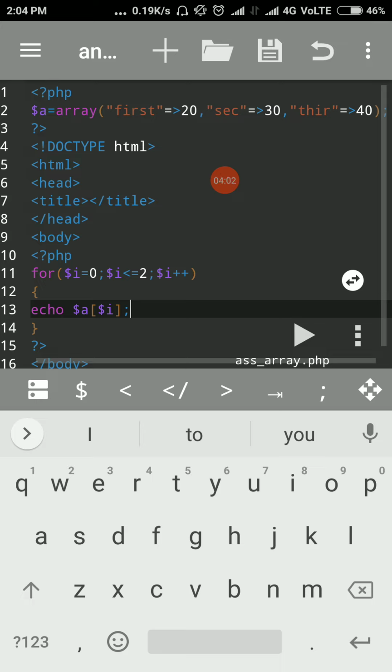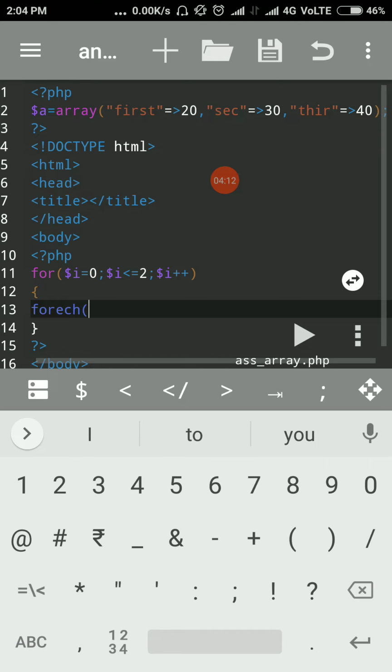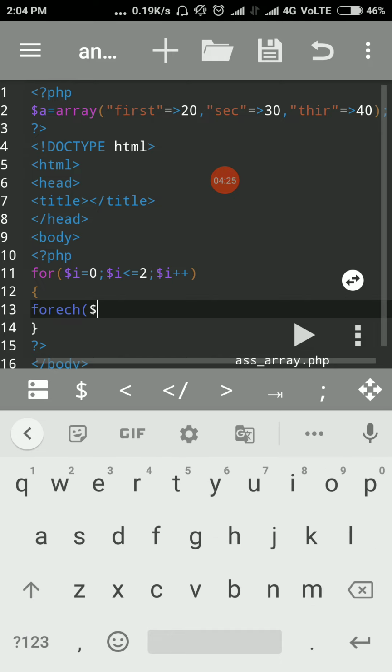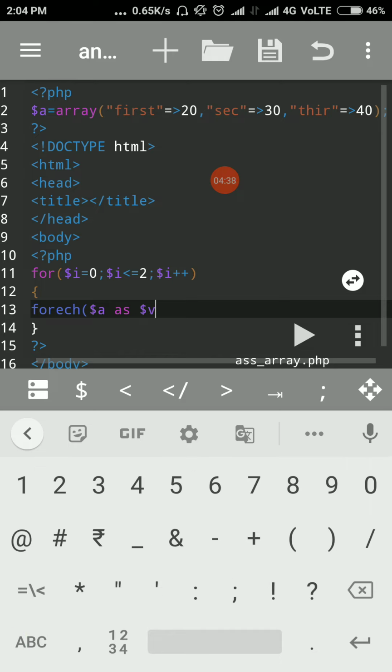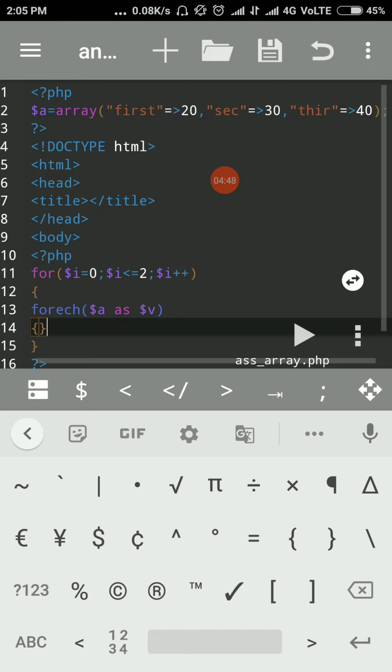So for that, we take the foreach function, and inside the brackets we write the array $a as $v, and then close, and then we display the value inside the brackets one by one.